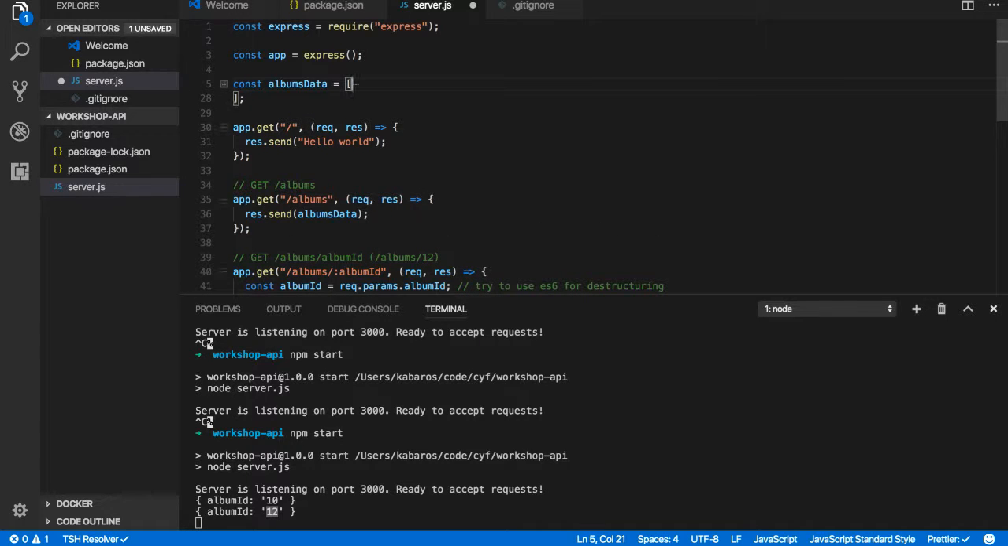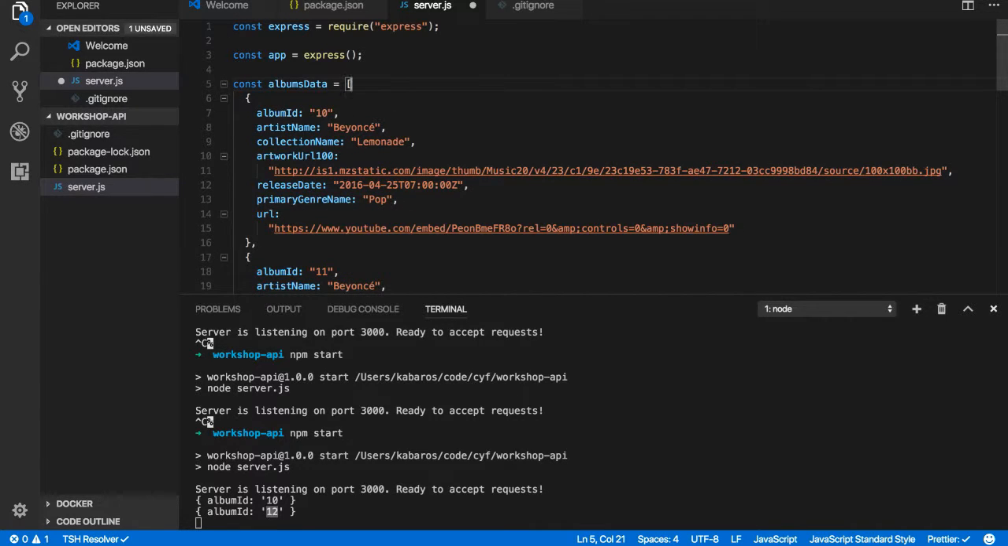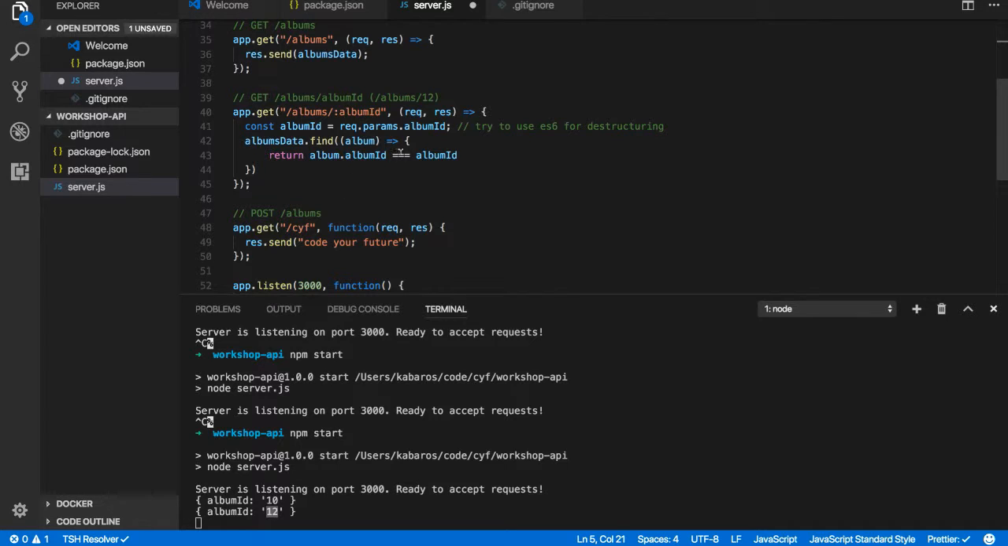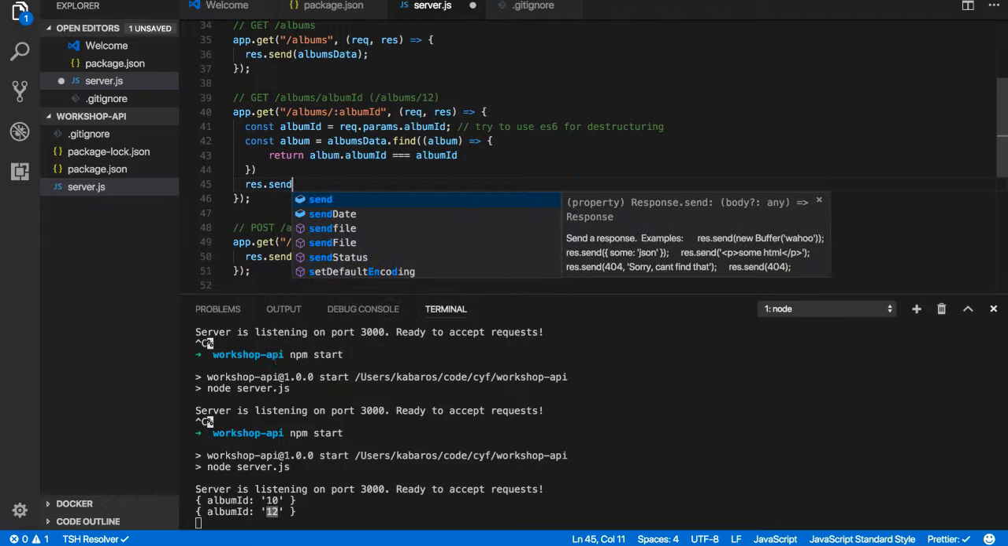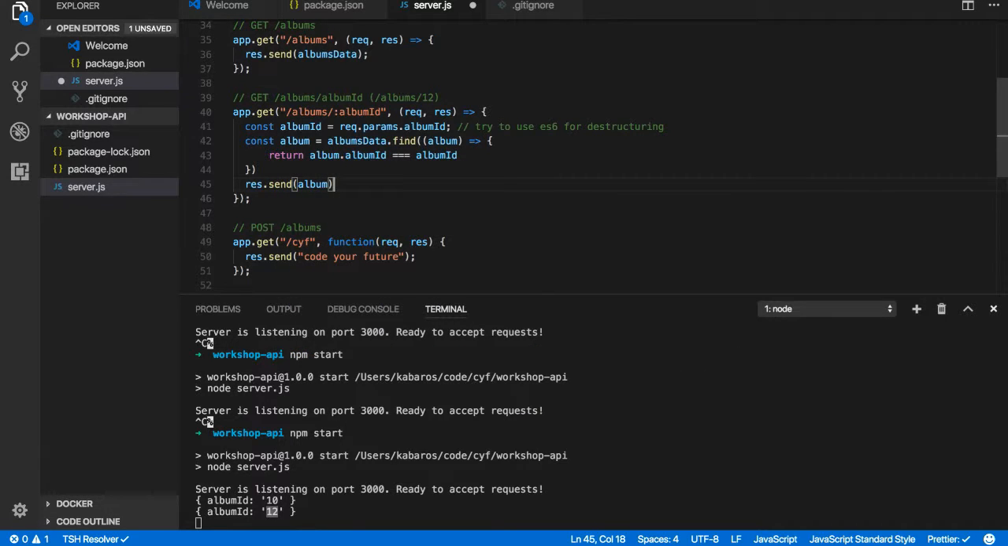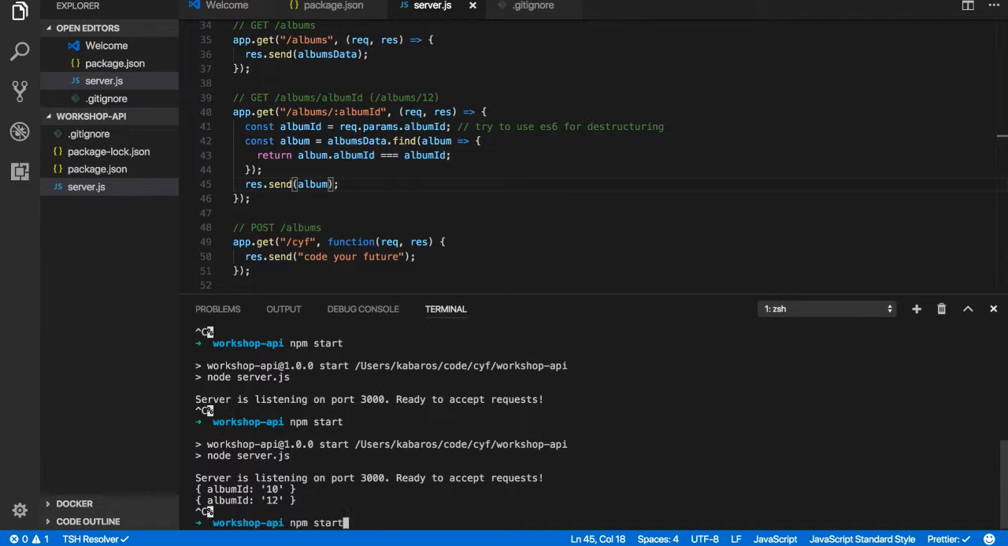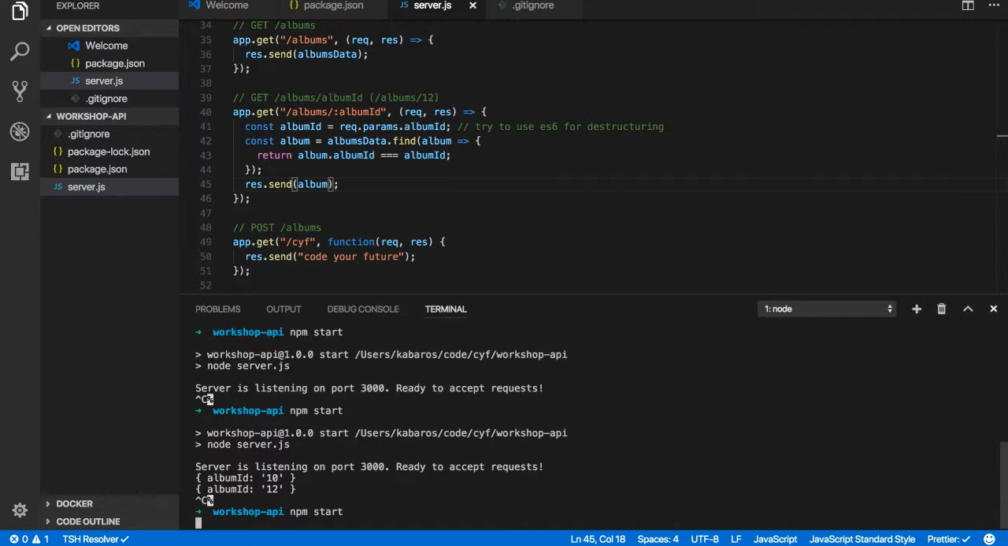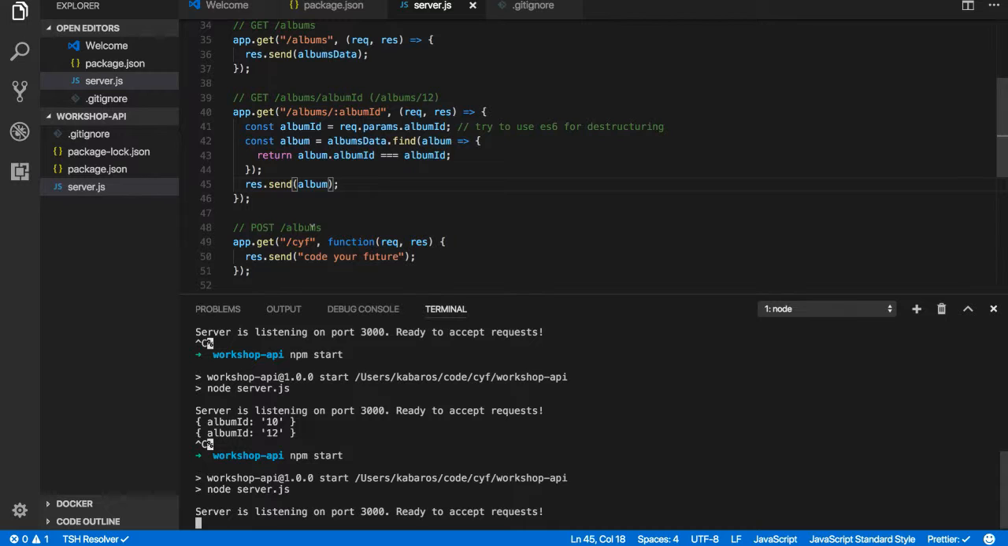It's convenient. If it was a number, then we'd have needed to convert it to a number to do matching with triple equal. So this should return for us the album, and then we can say res.send album. So we're just returning a single album. And if I kill the server and npm start it again,